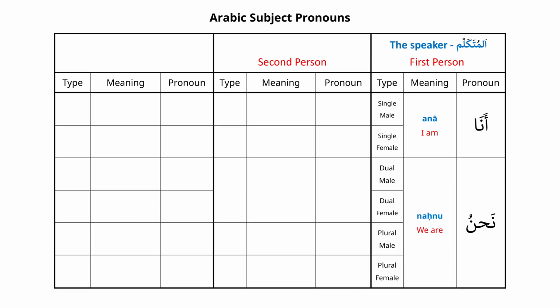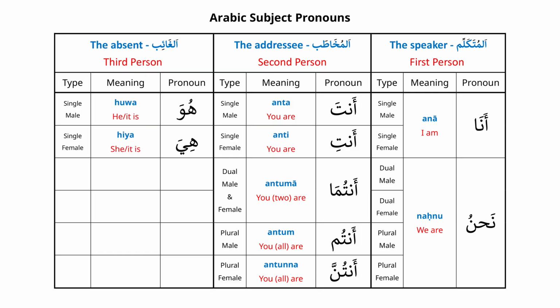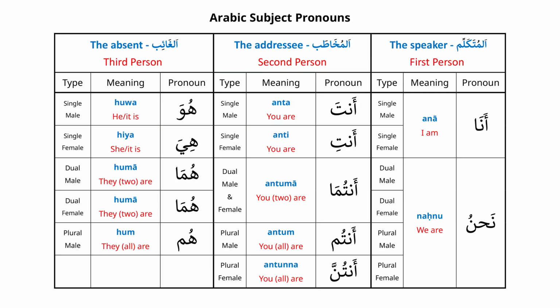Second person, المخاطب, has 5 pronouns, أنت, أنتِ, أنتما, أنتم, and أنتن. And third person, الغائب, has also 5 pronouns, هو, هي, هما, هم, and هن, making total number of 12 subject